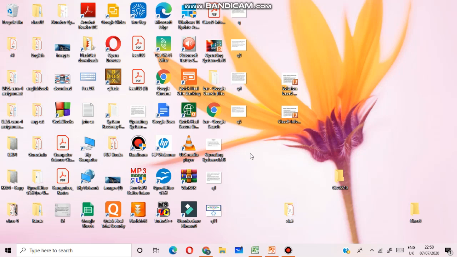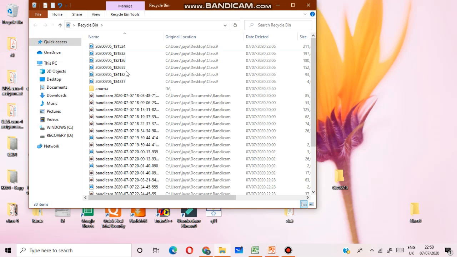Next, how will you restore that deleted file or folder? Go to the recycle bin and open it. You can see the deleted folder here. What will you do?